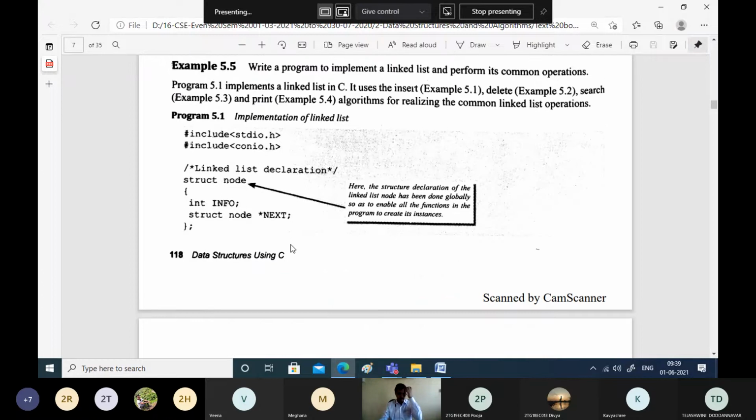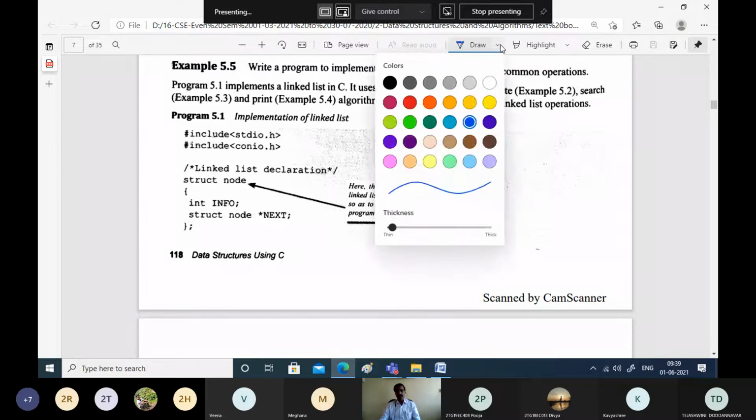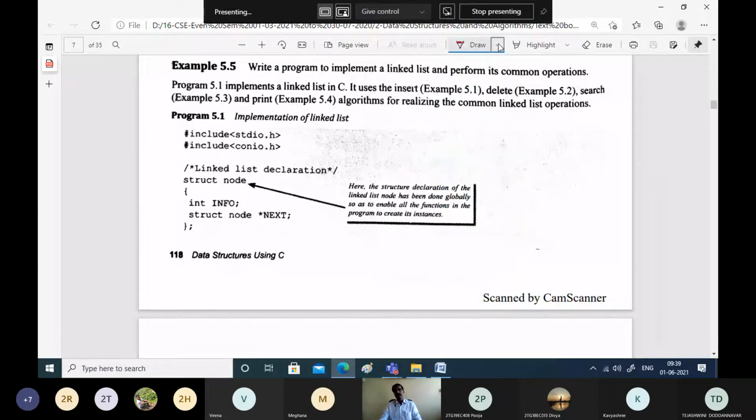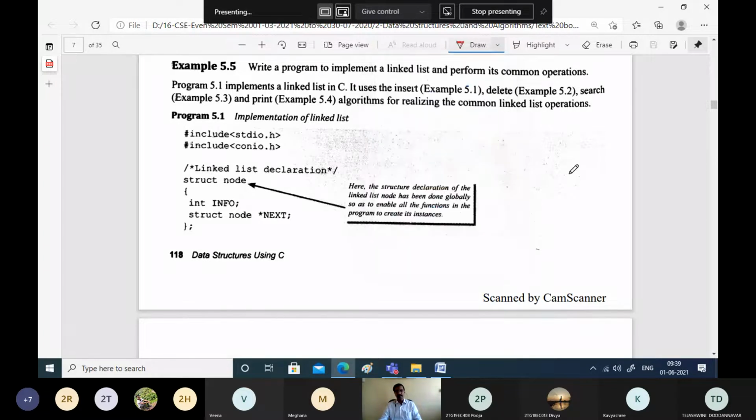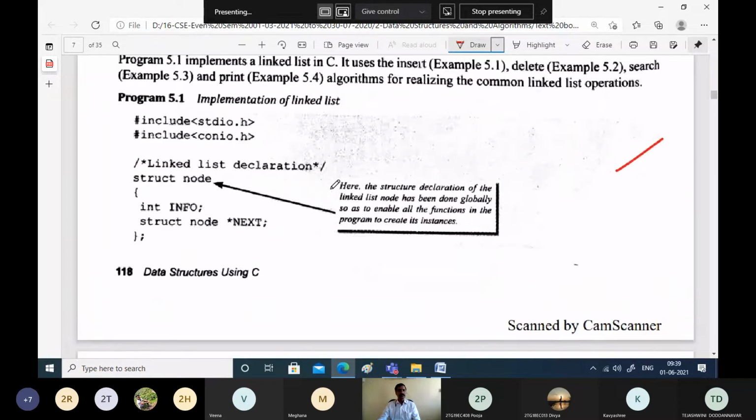So a structure was defined for implementing a single node of a linked list, and the structure was containing two parts, that is the information part and the next part. The information part will contain the actual data, whereas the next pointer will contain the pointer to the next field.